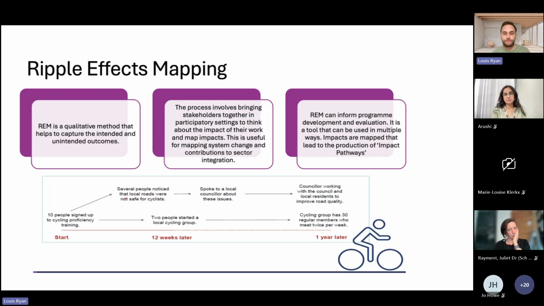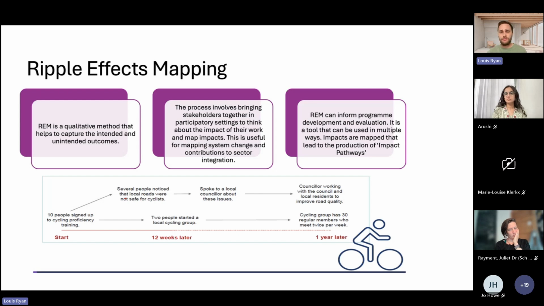outcomes of the program. So traditionally, we might say you've joined this intervention, has X, Y, or Z improved. It doesn't necessarily account for those unintended outcomes. So the process involves bringing people together in those participatory settings.